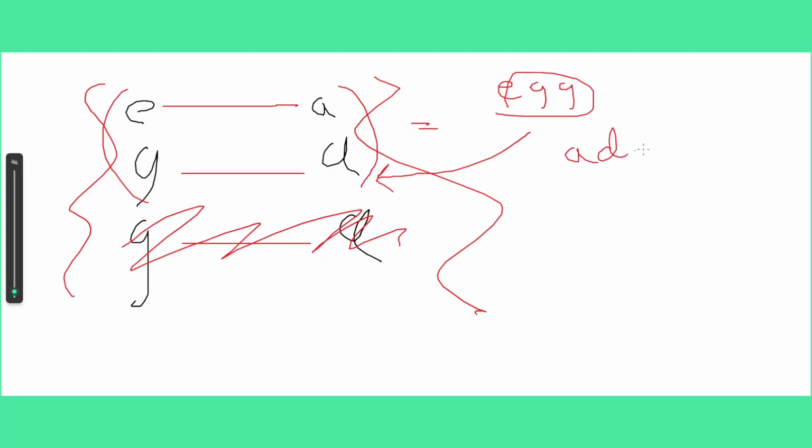Now if you observe, the length of this set is exactly equal to the length of the string set. So if I take EGG, the number of unique characters here will always be equal to the number of unique pairings if those two strings are isomorphic. ADD. So unique characters are A and D, E and G, and we have two pairings. Similarly,